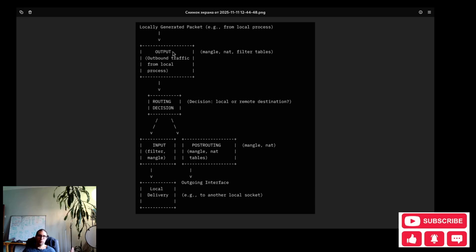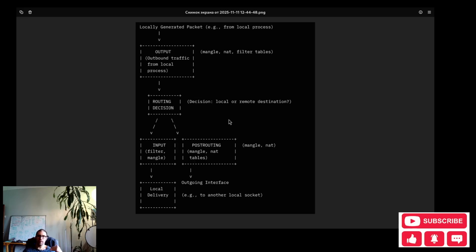At first, we go to this output chain. And here we have mangle, nat, and filter tables. After this, we go to this routing decision. If this packet has a local destination, it goes here to this input chain, and after this to filter and mangle tables, and after this to local delivery, finally to the destination process.